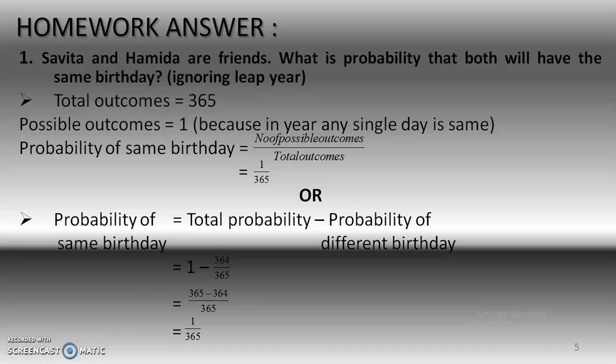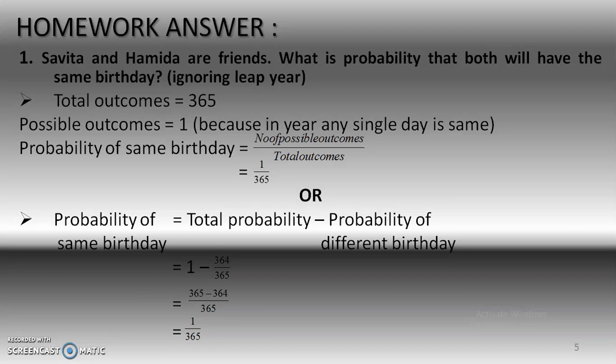The first question is: Savita and Hamida are friends. What is the probability that both will have the same birthday? Ignoring leap year means we should take 365 days as total outcomes. So total outcomes equals 365 and possible outcomes equals 1, because in a year any single day is the same. So the probability of same birthday equals number of possible outcomes divided by total outcomes, equals 1 upon